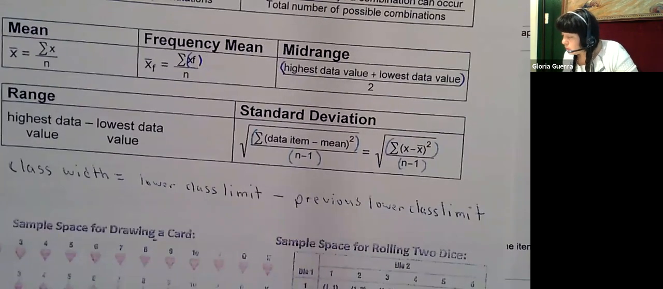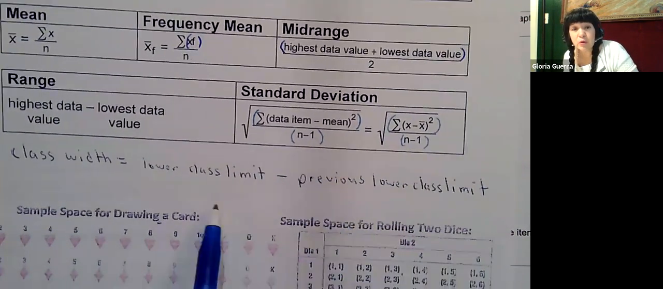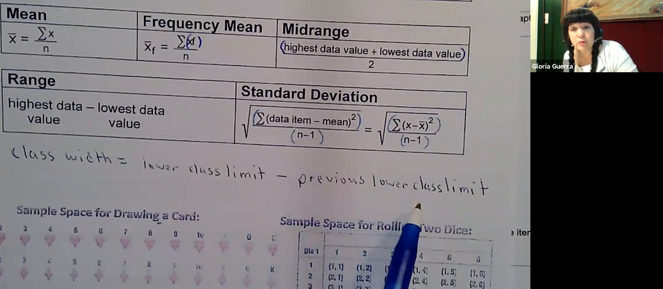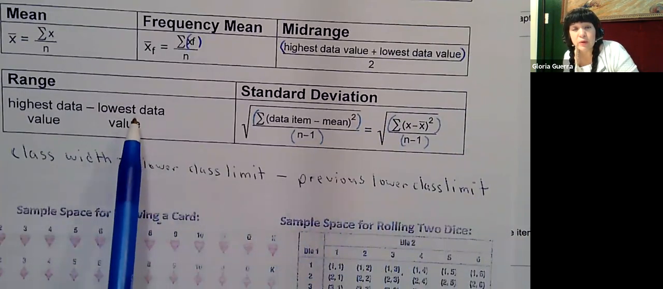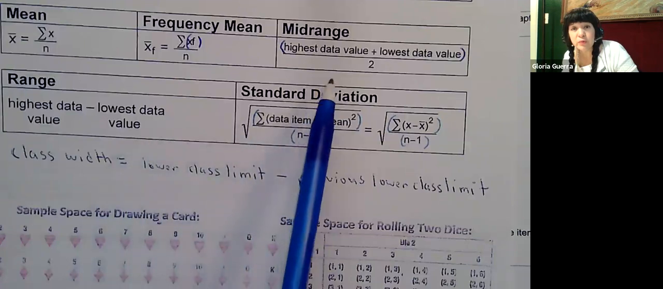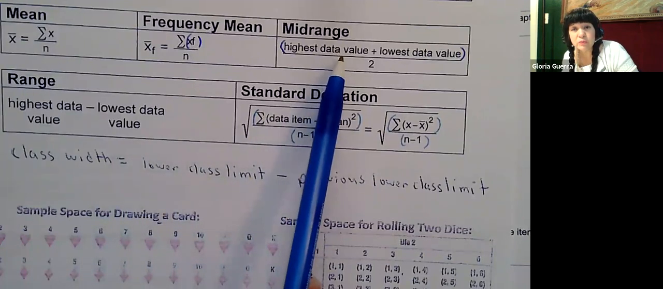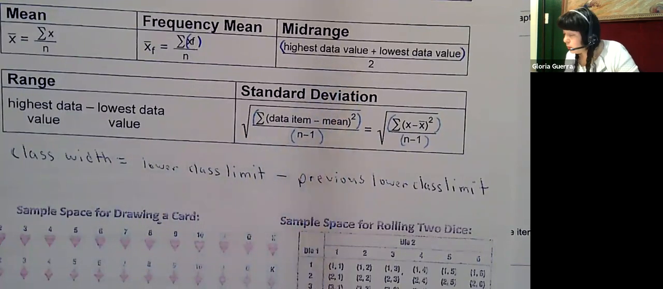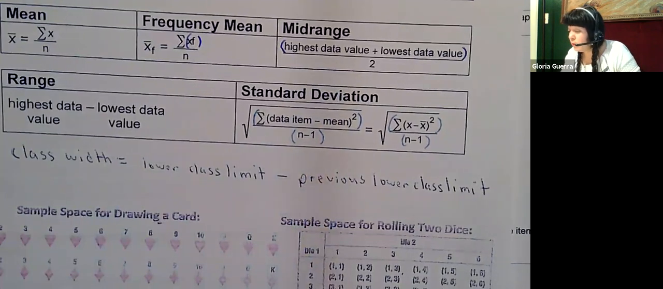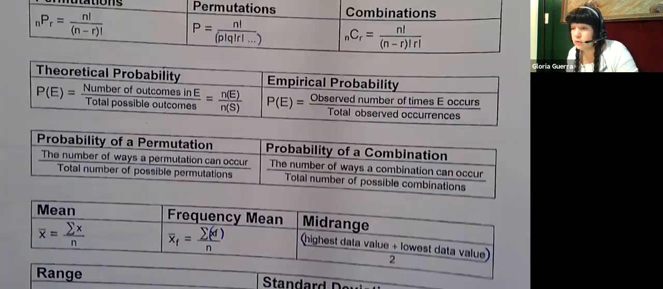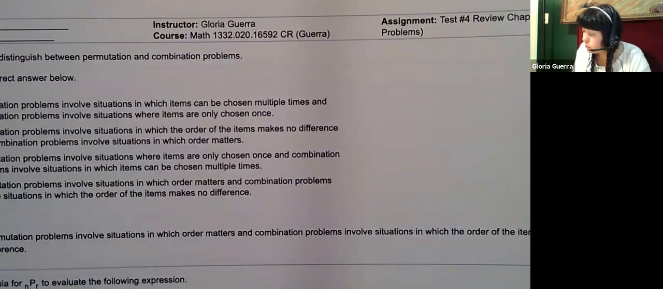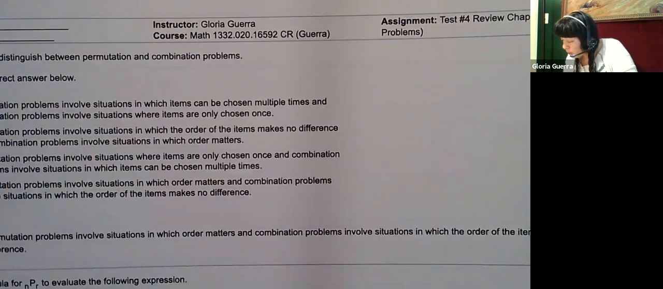Okay, and oh, this is also the class width, lower class limit minus previous lower class limit. Okay, and your range, which we use here, the mid-range, which is divided by 2. So you want to have this formula out so you can use that while you're taking your test, and then of course your calculator. Okay, all right,